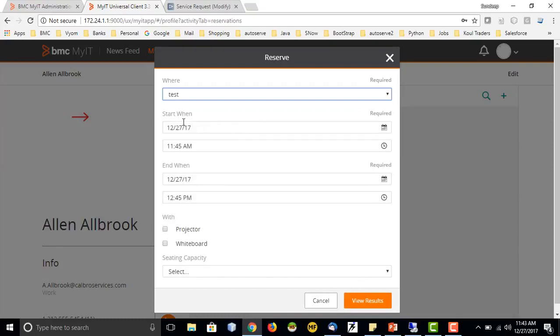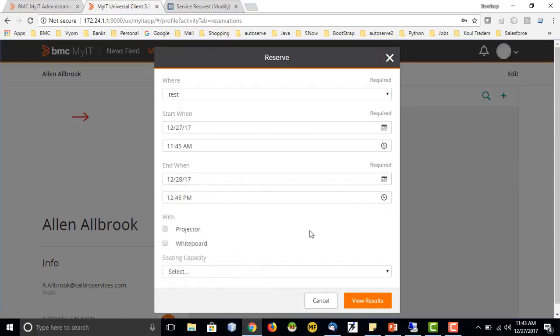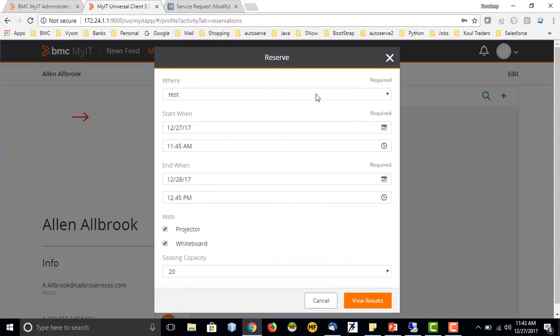Then I give the start time, then ends when, let's say 27 to 28. Then with projector, whiteboard, I need to provide seating capacity, let's say 20, and if I say view results, there is some server error currently. I am not able to reserve this, but this is the section where we do the reservation.